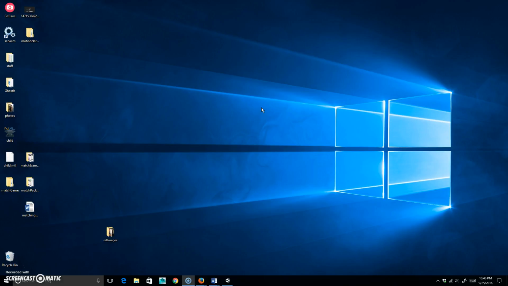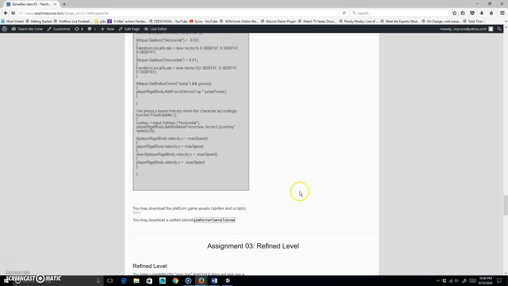All right, so that's the basic game. That's what we're making. Pretty straightforward, and it mostly just uses the UI, so it's relatively simple. First thing you're going to want to do is